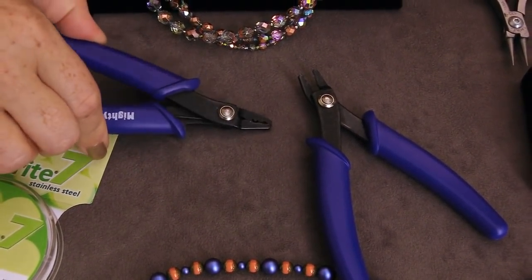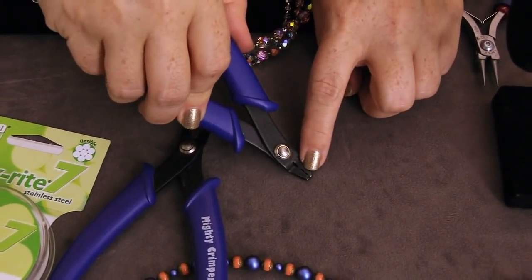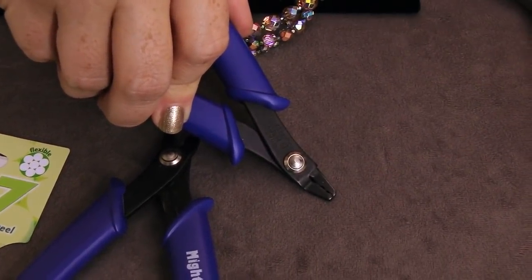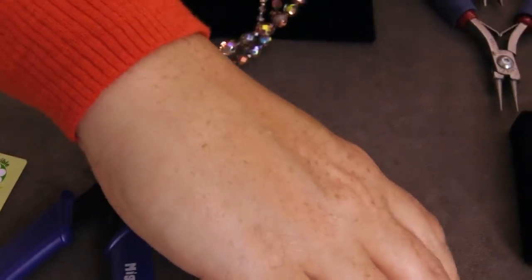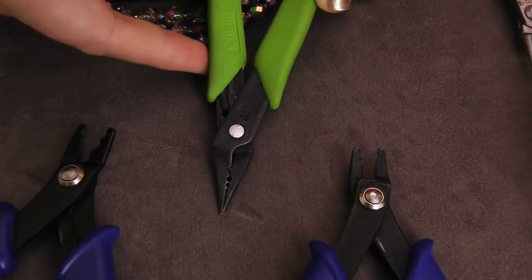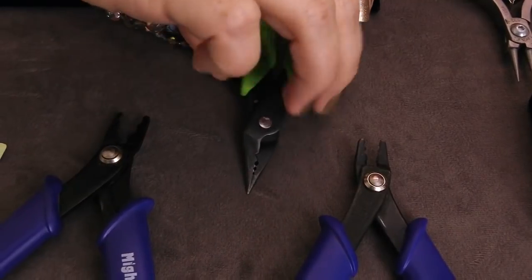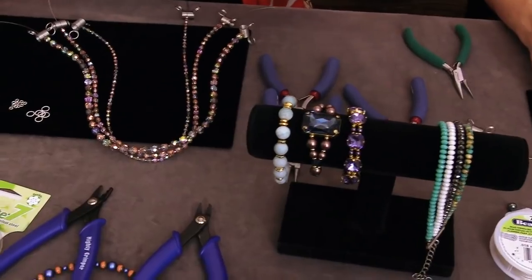So these are the Mighty Crimpers. These are gonna be utilized when you're gonna have some big crimp tubes. But then you also have this one here, and hopefully you can see it, but it's much smaller, but it's the same version, where you have that little kidney bean shape, and then you have that nice little circle shape there as well. But the reason I like the Xuron 4-in-1s is it has that nice little V, which will serve as your kidney shape, but when you put it together, you can see that there are 3 little distinct notches there. And I'm going to give these back to Julie so she can finish. Thank you. But they work just fine the same. We also do have the magical crimpers, but